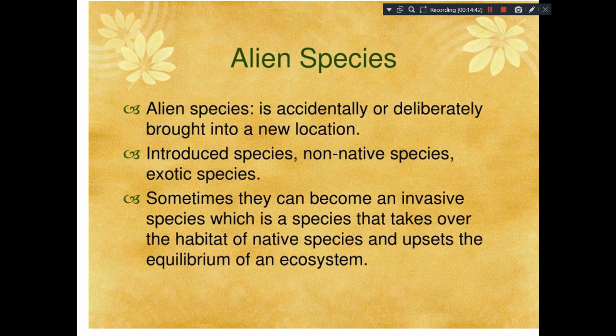Alien species, what do you mean by alien species? About that again we have to discuss in the next class also, but here also, because alien species pose severe threat to our biodiversity. What are alien species? They are not the native species. These are the species which are found elsewhere in the world, but accidentally or deliberately they have been introduced into a new location. For example, one particular mussel,